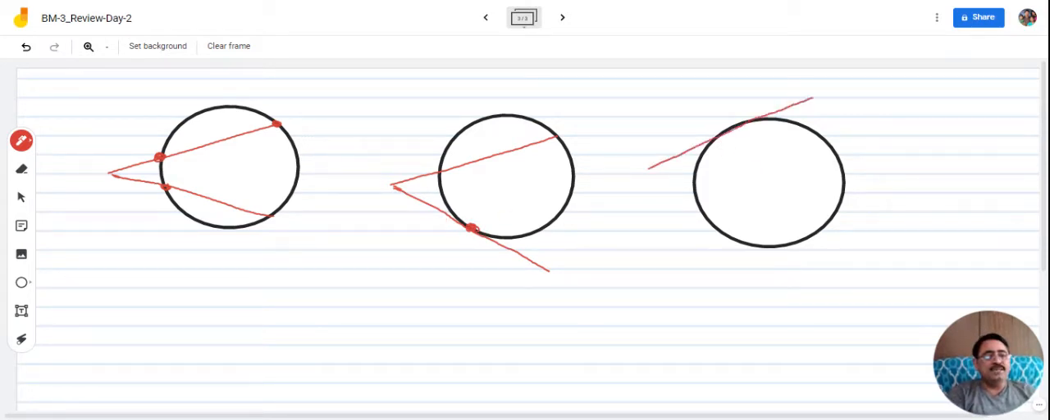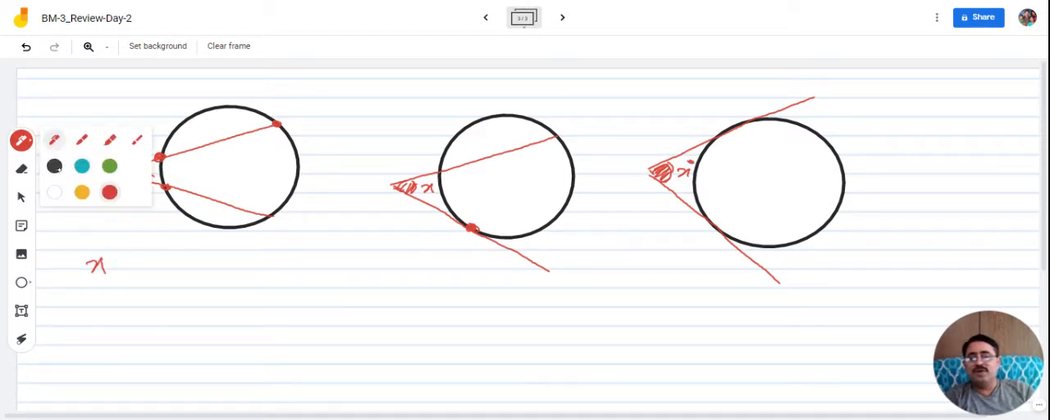Maybe both are tangents. In all the three cases, the rule is almost the same. Let's say that here is the angle formed. Let me take it as x. In all the three cases, I'm taking this one as x. So in all these three cases, the angle formed outside the circle is x. So the value of x equals half of the measure of